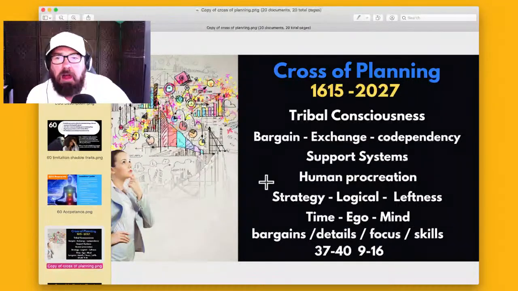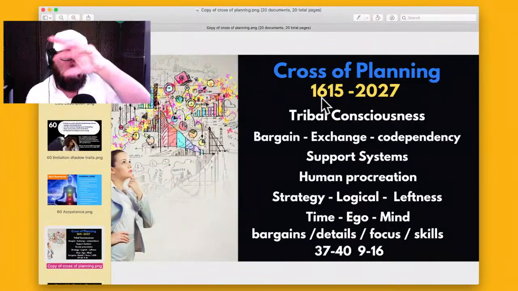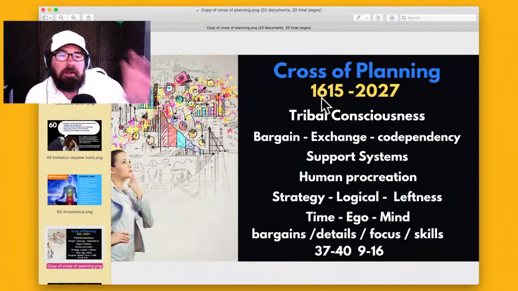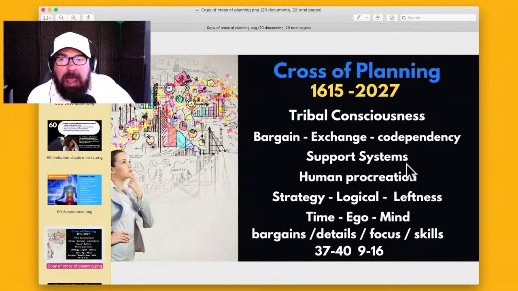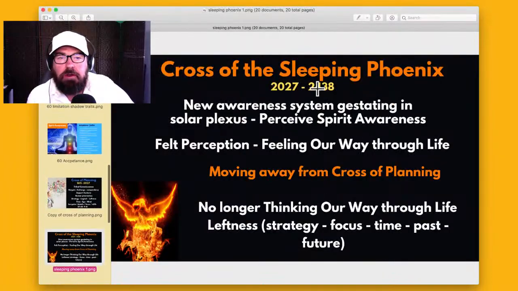So this is what's happening with the Cross of Planning, right? We're leaving time. Time is all about the Cross of Planning. The mind is about time, strategy, right? The past, the future, being left. It's called leftness, right? And this is all about the mind. So letting all of this go, the Cross of Planning, we're coming into the eternal now.